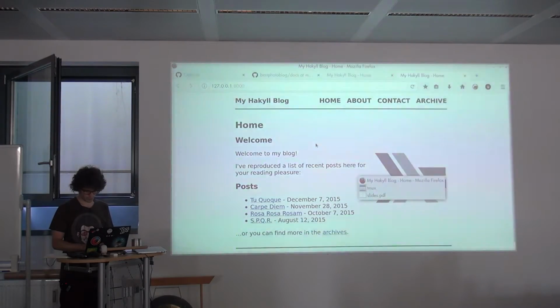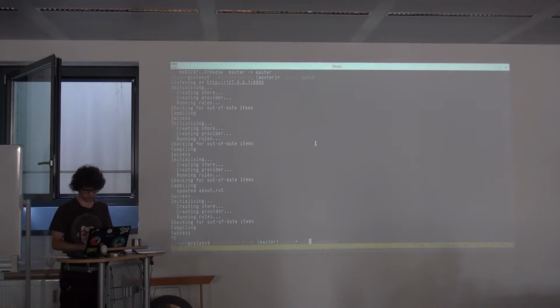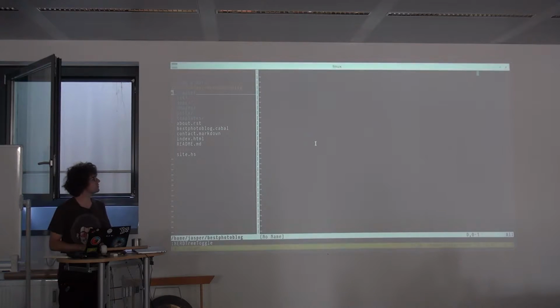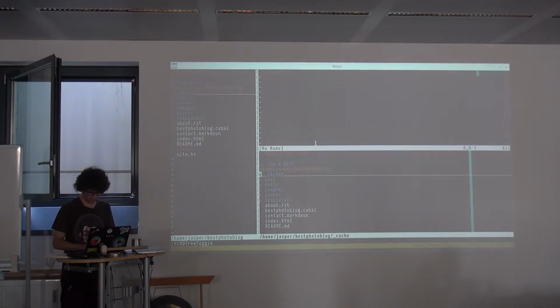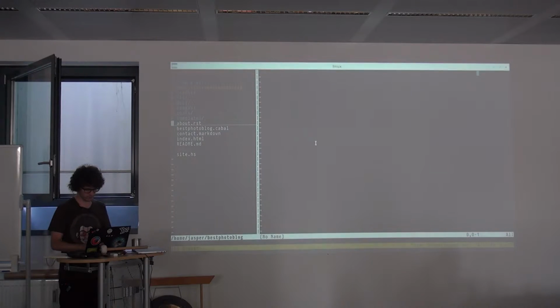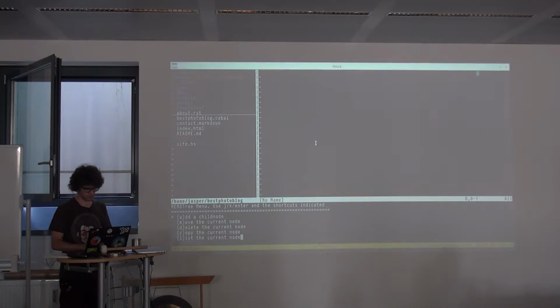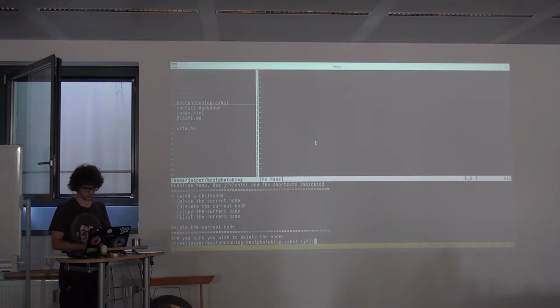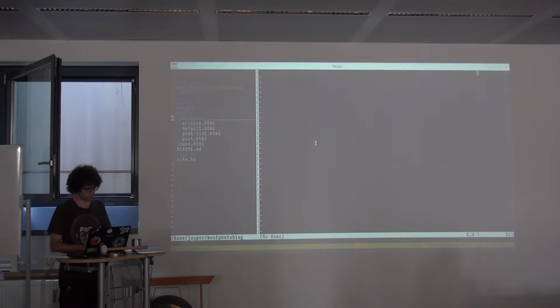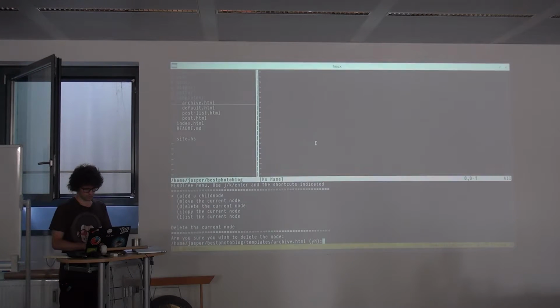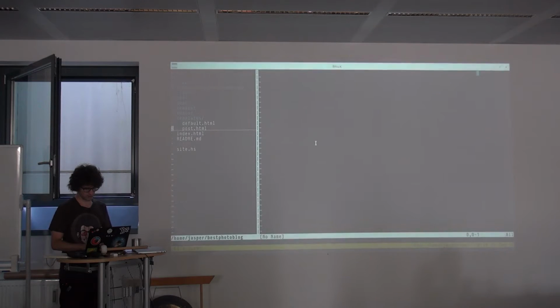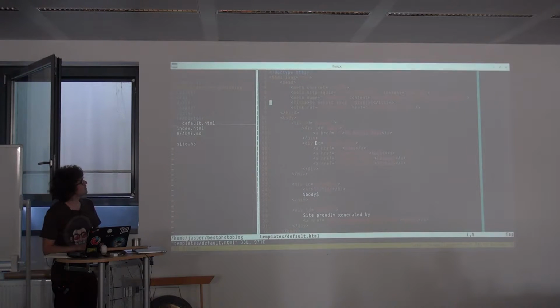All right, so let's dig into how we can generate a simple photo blog, for example. We're going to start by deleting everything we don't need. We can delete the About page. We can delete the Cabal file. We're not using it. We can delete the contact page. There's a bunch of templates. We don't need the post list, and we don't need the post. We're going to keep the default template, which is the main wrapper that goes around all of your